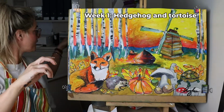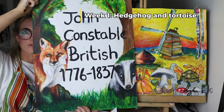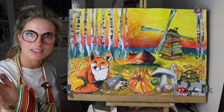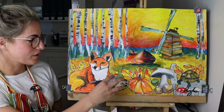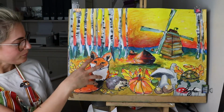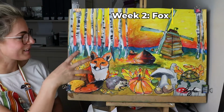So I'm going to show the children a board with information of the artist, and they're going to write a fact about the artist for every lesson. So the first lesson we'll do a tortoise and a hedgehog and we'll paint it, and that's in the style of Constable. And then we'll do a fox in the style of David Shepherd,